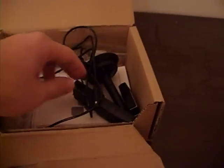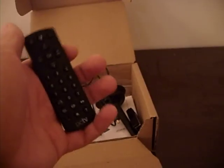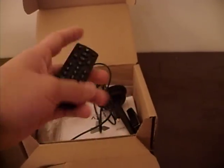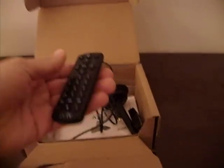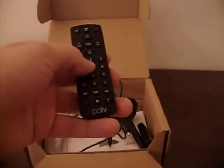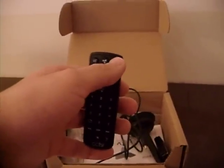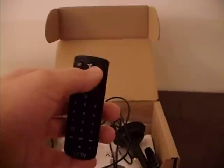And this comes out like this. This comes out. And then this. First off, this is the miniature remote they give you. It's actually very small. I mean, it's really small for a remote. It's got these numbers on here, though I couldn't really turn to a channel using the numbers, I don't know. Power button, that's also a power button that switches the